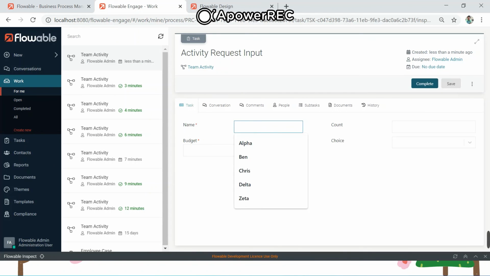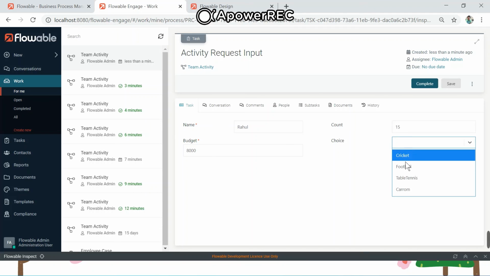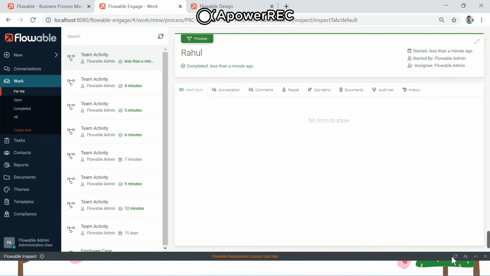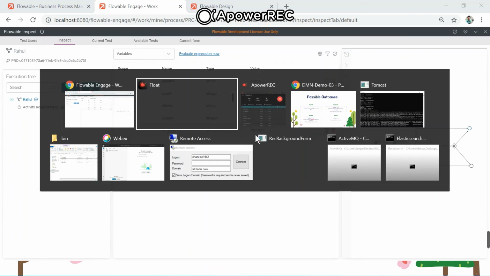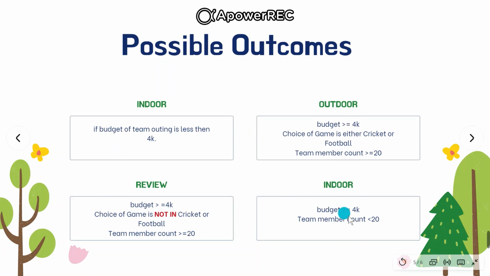Here we'll give a username, you can give anything. Count should be less than 20, so let's give 15. Budget you can give anything, let's say 8,000. And choice of game you can select anything. Because the count is less, it should be indoor. We can complete this task and see the decision is indoor. So it again matches the fourth condition.